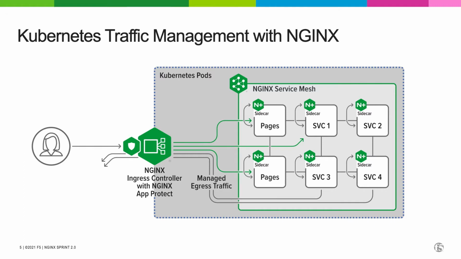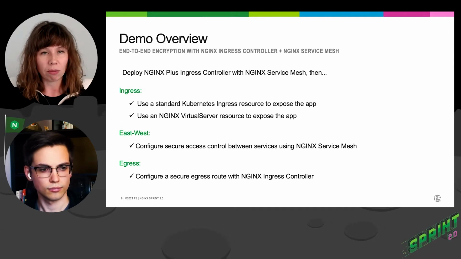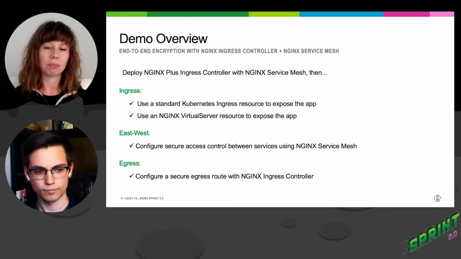Now, taking a look at the end-to-end traffic management with NGINX and where the service mesh fits in there, first, your traffic is hitting NGINX App Protect, where it's blocking denial of service and HTTP attacks. Immediately after, the north-south traffic flows through NGINX Ingress Controller. And then third, it's going to get managed by NGINX Service Mesh for that east-west traffic. To see how this works in action, we're going to sit through a great demo by Aidan for the rest of this session. Aidan, walk us through what you're going to be showing.